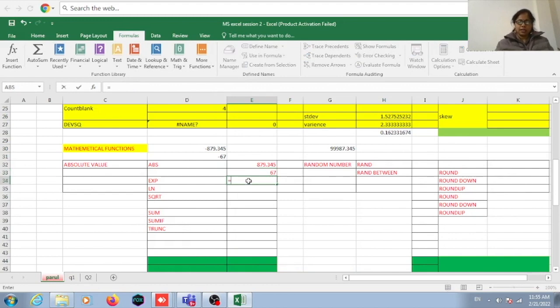Now the EXP function returns e raised to the power of the number. The constant e is based upon the natural logarithm, so equal to EXP bracket start. I want this number, bracket close, enter. Likewise, you can apply it from the mathematical function also. Equal to